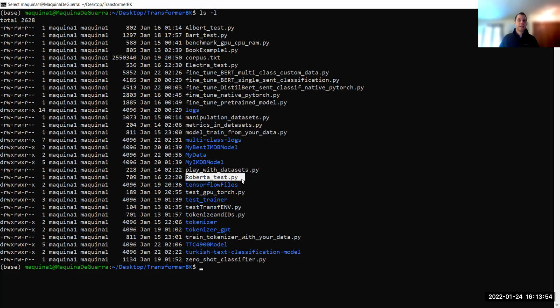As I said, without getting into too much detail, remember, it's just a neural network, a deep learning set of architectures, where it takes something as an input. Because we're doing NLP here, it's usually going to be a sentence, a sequence of words. We take that in as input, and then we do something with it, like predict a class, or if we were doing sequence to sequence, we might take an English sentence and translate it into a Spanish sentence, for instance. Notice here, I was playing with this Turkish text classification module just to see how that works for other languages.